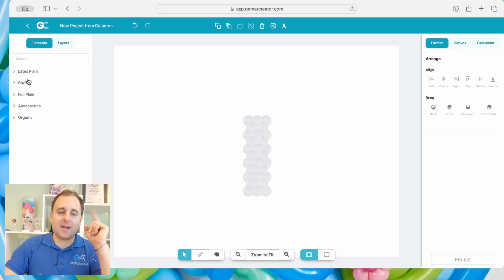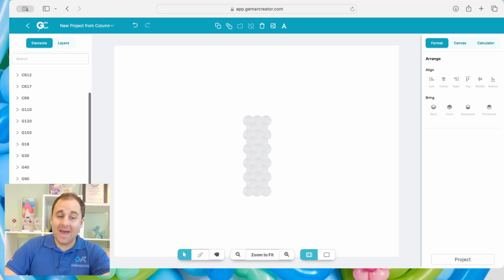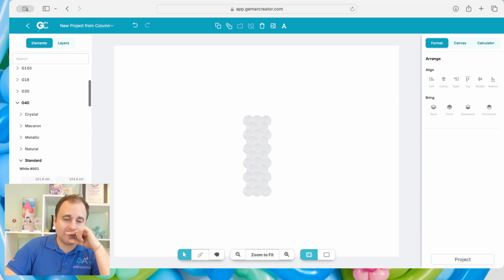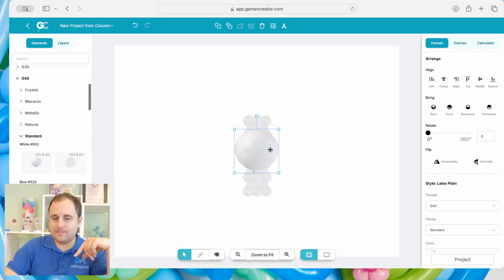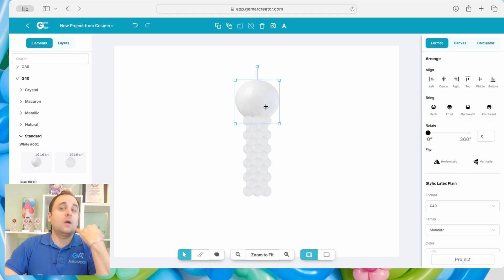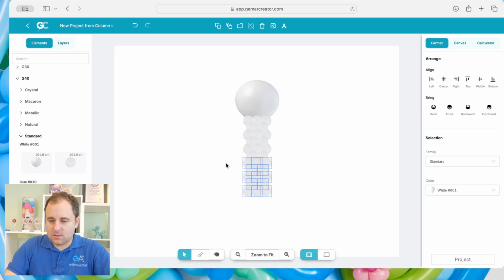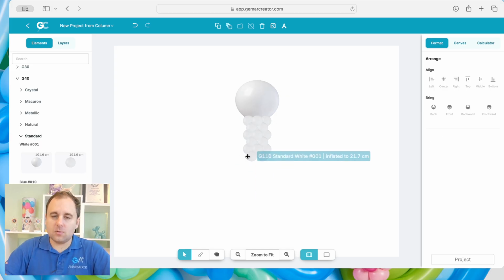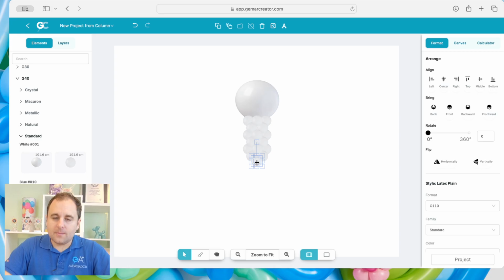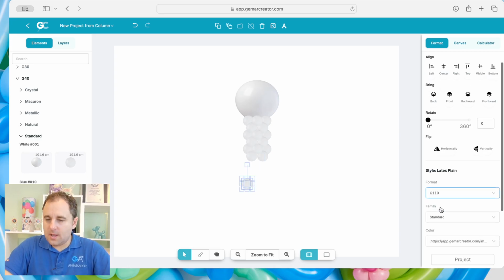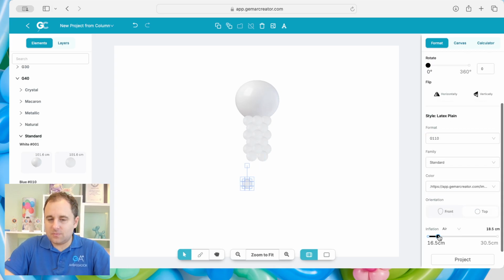So let's go back to element. I'm going to add the head of the ghost, which is going to be G140, standard white, perfect, just like that. I'm going to send it back as a layer so the neck is covered, perfect. Maybe that's too big, so we don't need those. Okay, cool. What I'm going to do is just shrink it down a little bit so we can actually